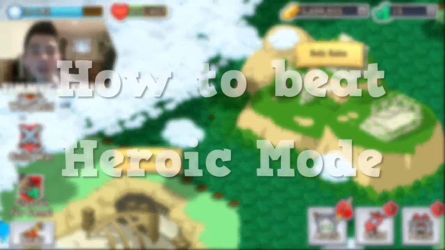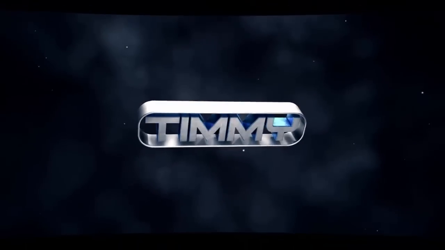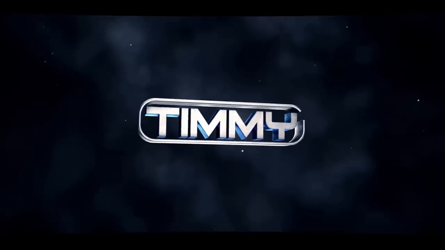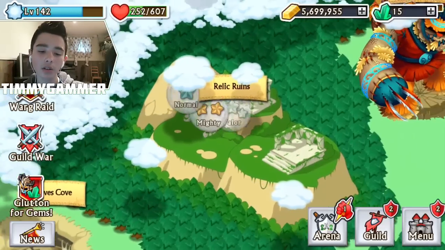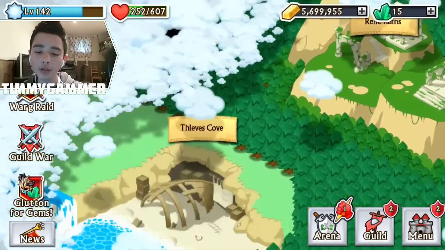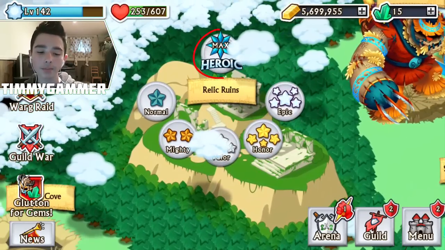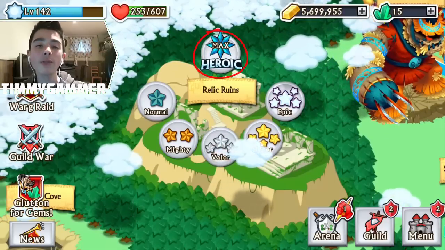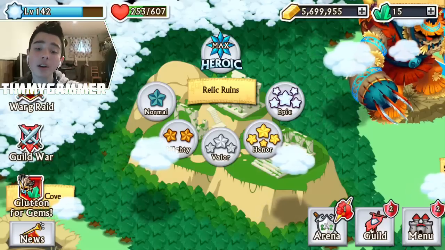So today I am gonna show you how to beat heroic mode. So what is this mode? Well, you go on the normal stages like Relic Runes, Thief's Cove and Skeleton Tombs and all that, and you do the heroic stage. So when you get 8 star crystals, you will then unlock 1 awesome star, and with that star you can